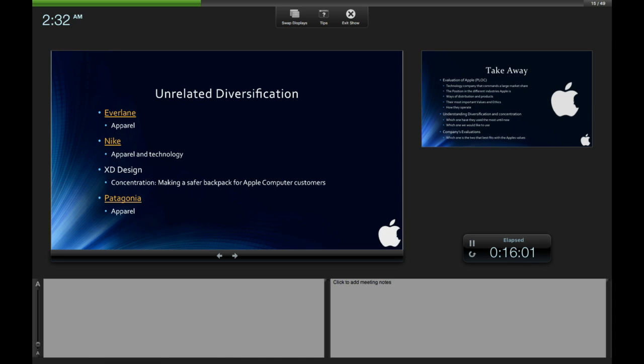So basically I'm going to say we chose Everlane and Nike. With Everlane, we want to do apparel, and this is where Jay is going to make some changes. So hopefully when he does it, I learn them and I'm able to present it better. So I'm going to say we chose Everlane, and we're going to do an unrelated diversification. One of the reasons why we chose Everlane is because we would like to do apparel, and the reason why we would like to do apparel as an unrelated diversification is because Apple is making